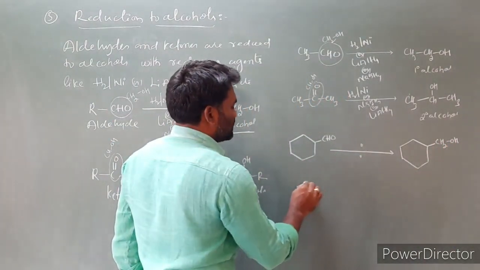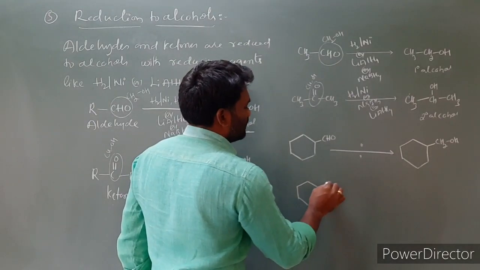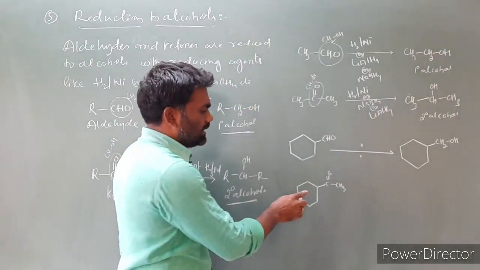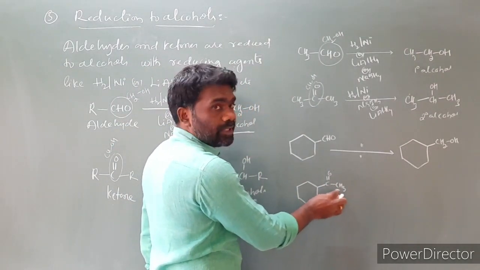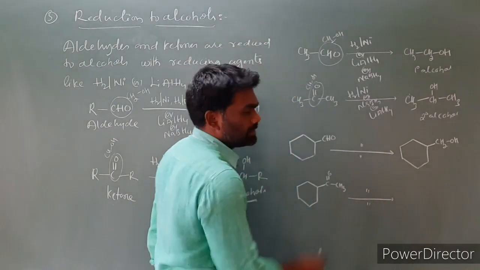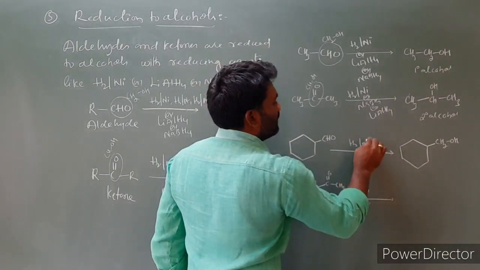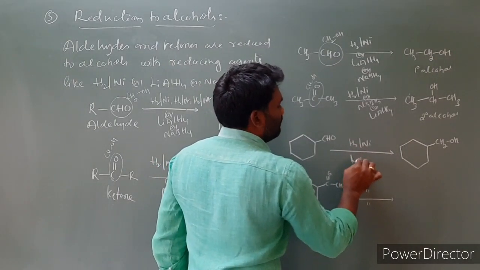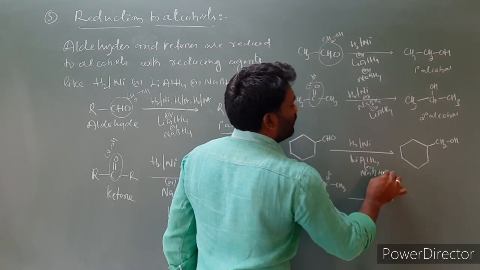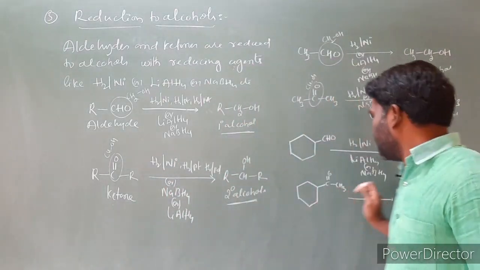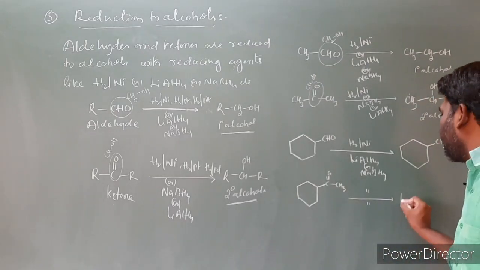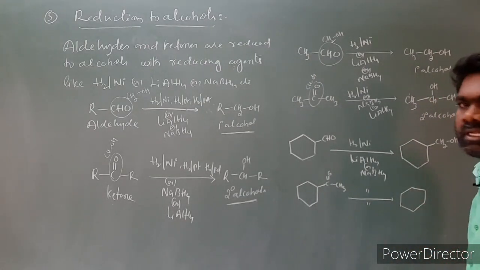Take one more reaction, taking a ketone, C double bond O CH3. It is a ketone. On this side is a cyclohexane ring, and on the other a methyl group, both groups attached to the carbonyl group. Then the same reagents you can take. This means H2 over Ni, or lithium aluminum hydride, or sodium borohydride. Then what is the product we can expect in this reaction? This ring remains the same.